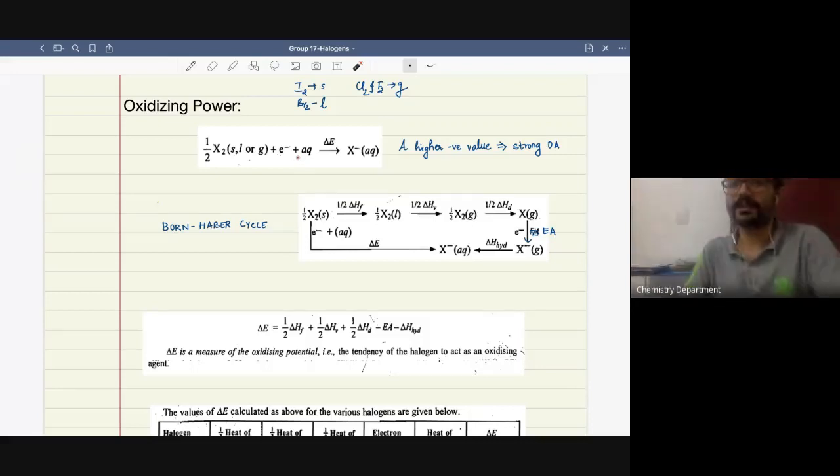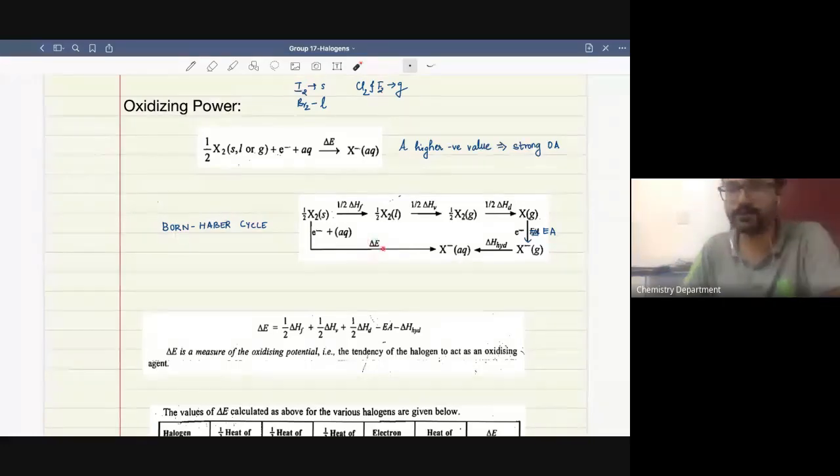So we know that whenever we have any enthalpy which we need to determine, but we don't have values for it, we usually prefer to use Born-Haber cycle to arrive at the corresponding value. For example, here, this is the reaction that I have written here. That is X2 accepting the electron to form the X minus. That is X2 in its aqueous state accepts the electron to form X minus aqueous. Okay, this is the reaction whose delta H, the enthalpy change, is what we have to calculate here. We do not have a value for this.